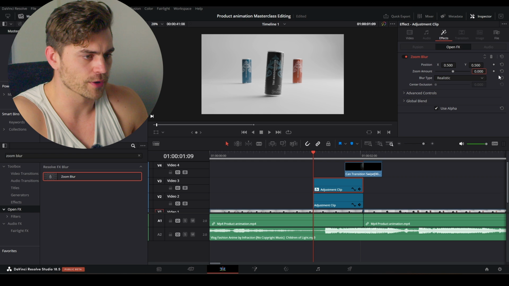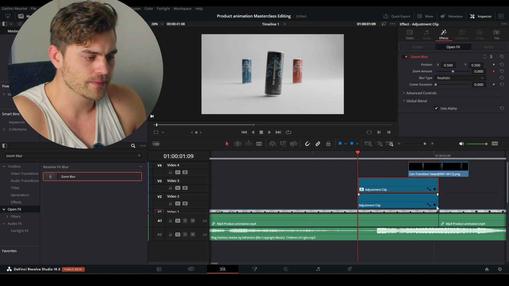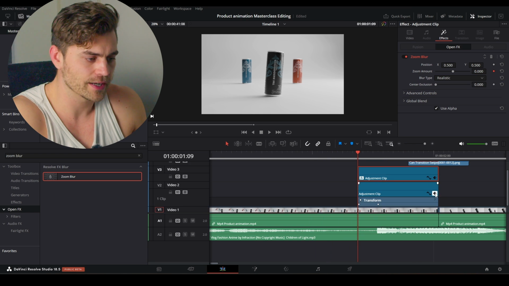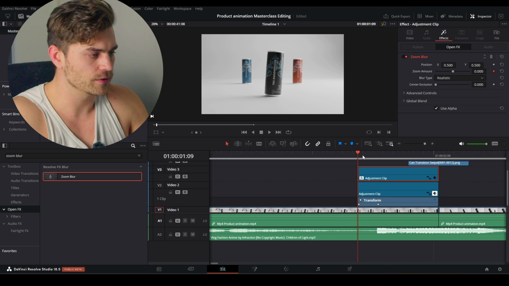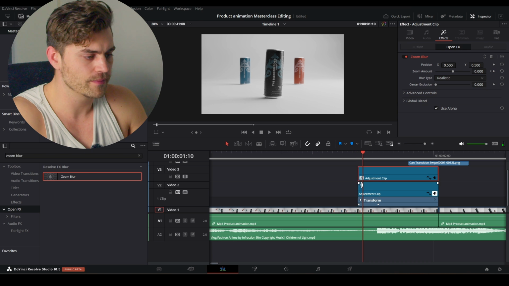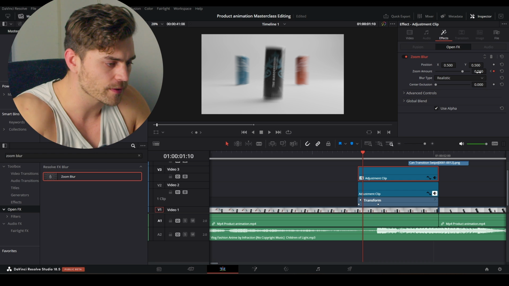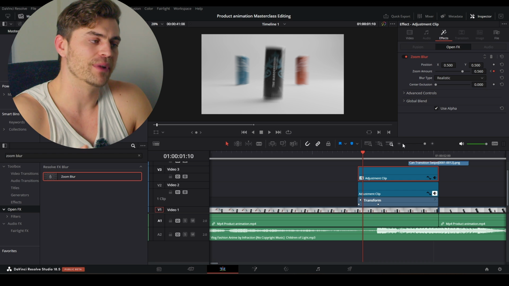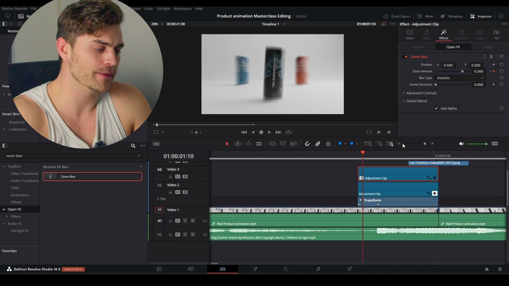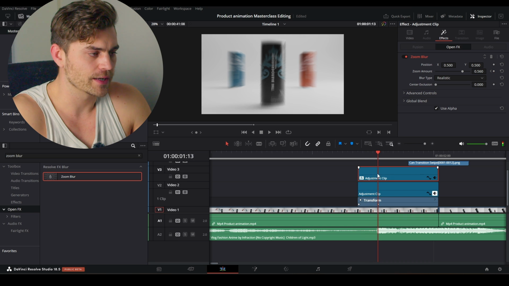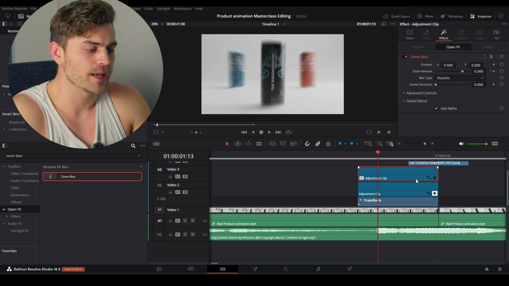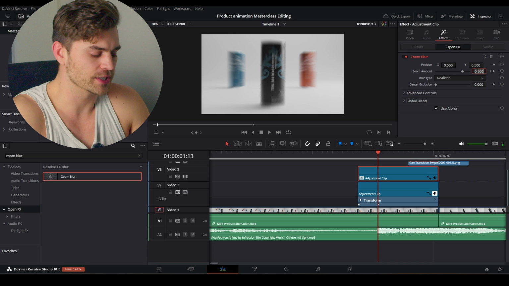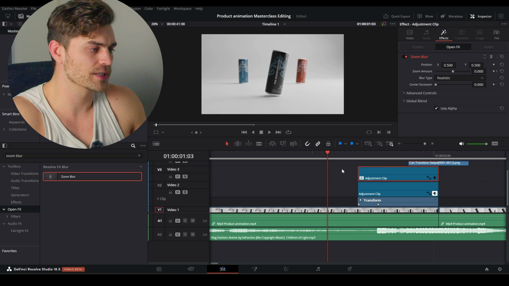So I'm going to place it on 0, add a keyframe on the beginning. Then on this button right here, you can click. You can see where the keyframes are located for our other adjustment clip. So at the moment it starts moving, so one frame into it, I want this to be stronger because we have movement and we did not render actual motion blur in Blender for this move. So I'm going to add it manually. So now we have that right over there. Then one frame before it stops, I'm going to press the keyframe button once more, and then on the frame that it lands, I'm going to set it to 0. Let's see what that looks like.